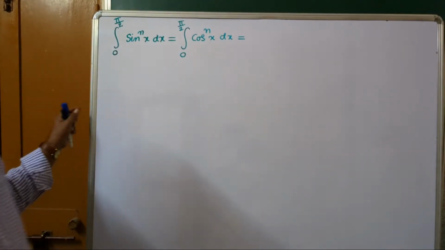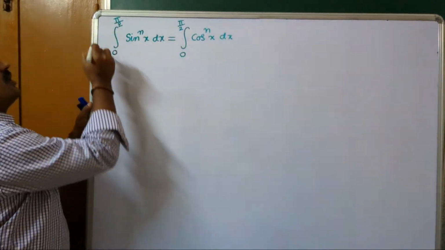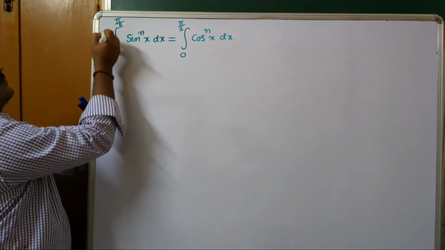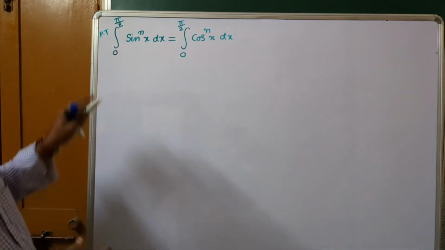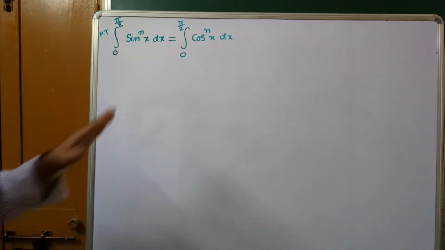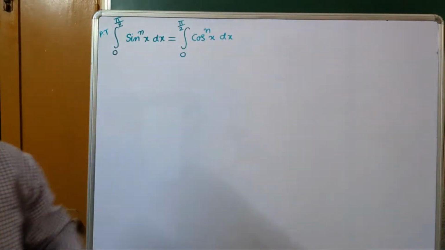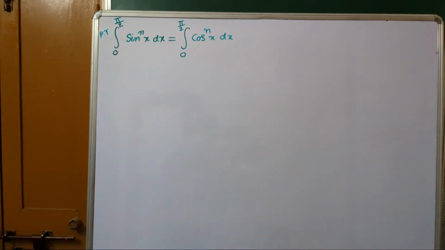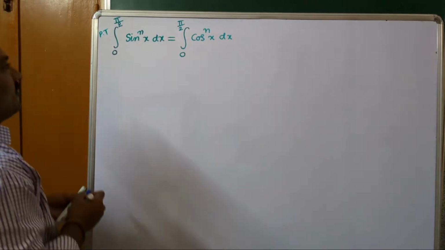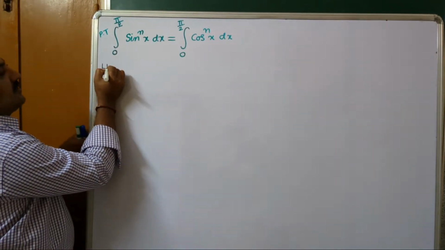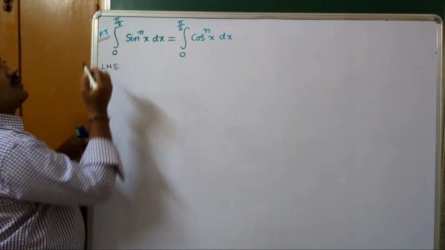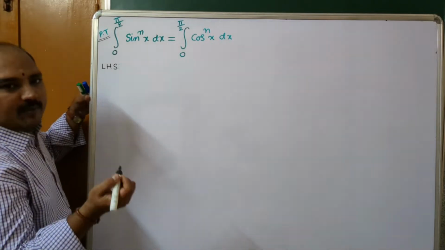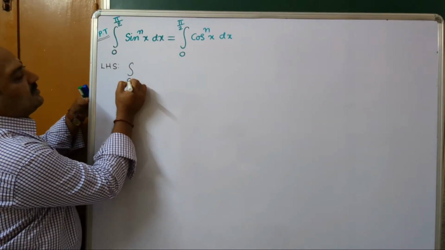Both are equal. Suppose they ask a 2 marks question, prove that or show that: integral 0 to pi by 2 sin power nx dx equals integral 0 to pi by 2 cos power nx dx. How to prove that? First we can take the LHS. If they ask this 2 marks question, you are able to do it. How will it be? LHS is integral 0 to pi by 2